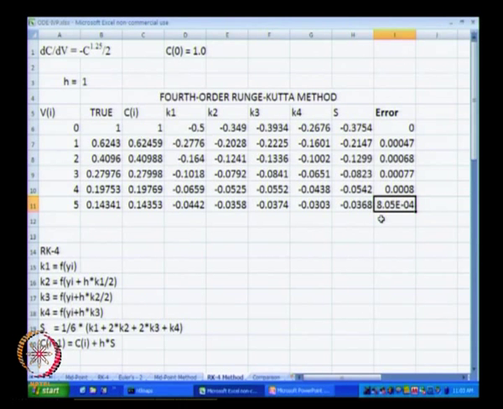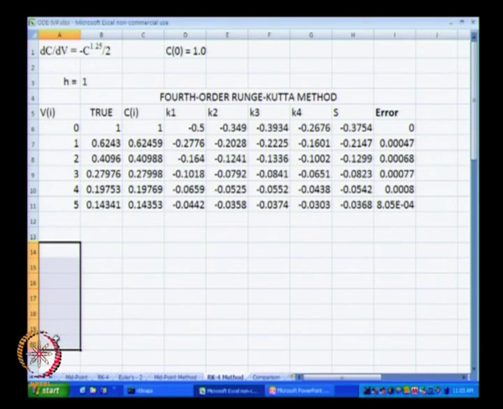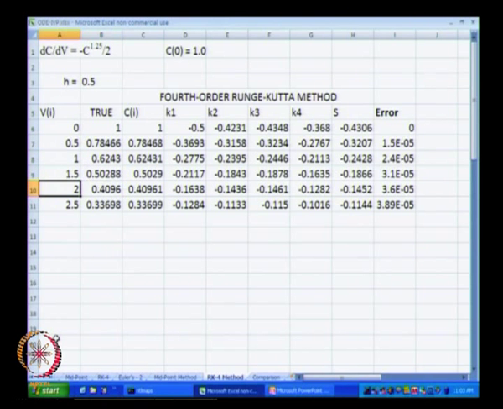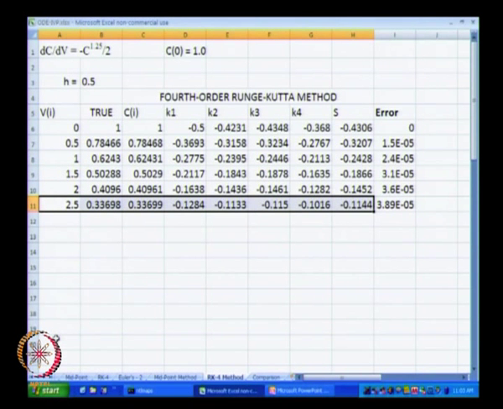So, we get 8 into 10 to the power minus 4, that is the error that we get with h equal to 1. Okay. Now, I do not need all these, so I will delete them, and I will save the file right now. Yes. Now, what we want to do is recompute this for h equal to 0.5, and see how the error decreases.